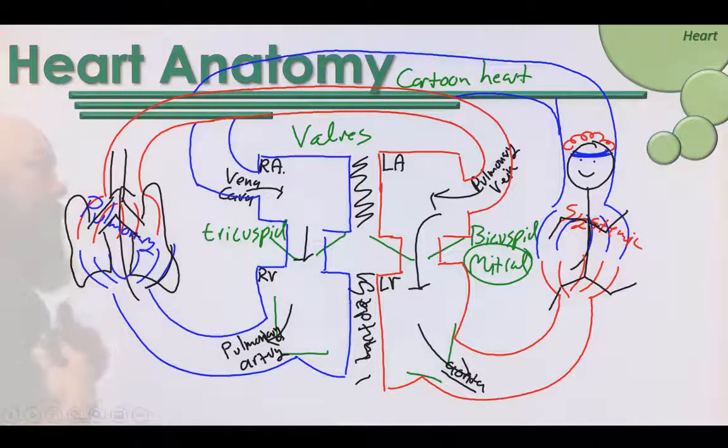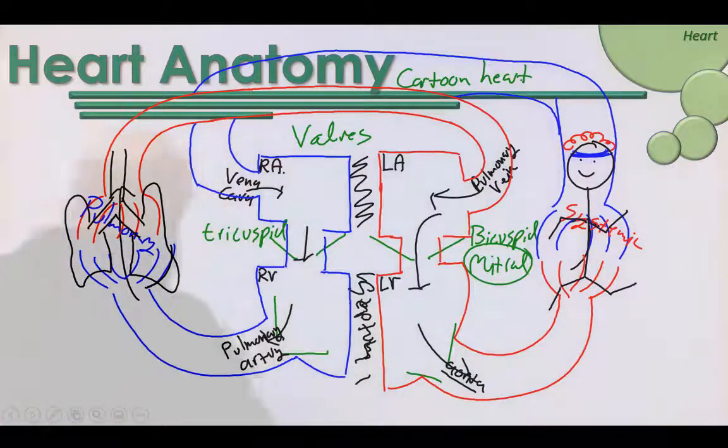But for my little drawing that I can draw over and over and over again and practice with, this is really easy. And then I can just overlay, I know this isn't anatomically correct. It's not anatomically correct. But it is functionally correct. It goes from the left atrium to the left ventricle past the bicuspid valve. It goes from the left ventricle out the aorta on systemic circulation past these